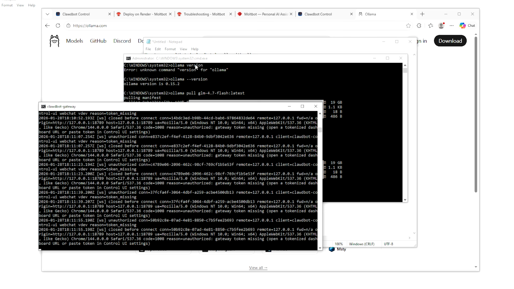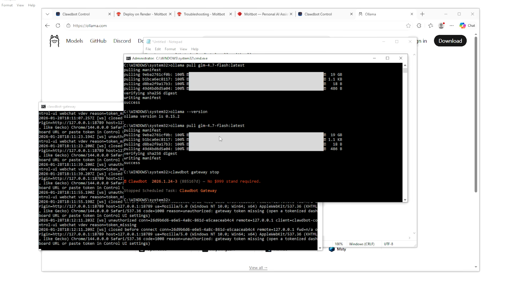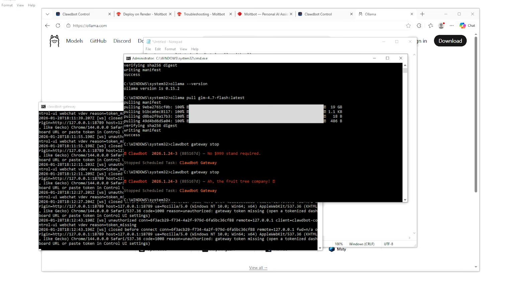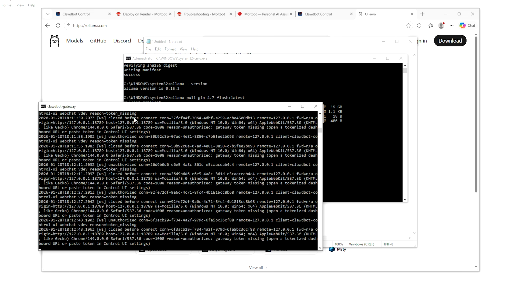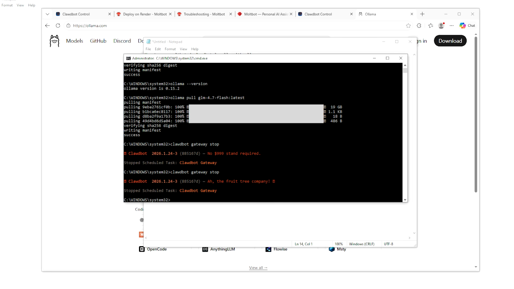This gateway is already running in my machine, so I will stop the gateway. It is stopped, and now next step is to